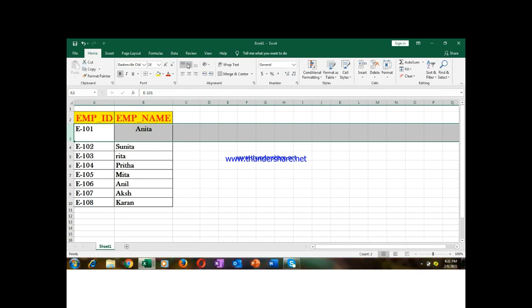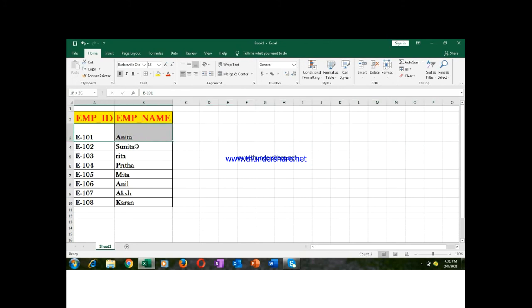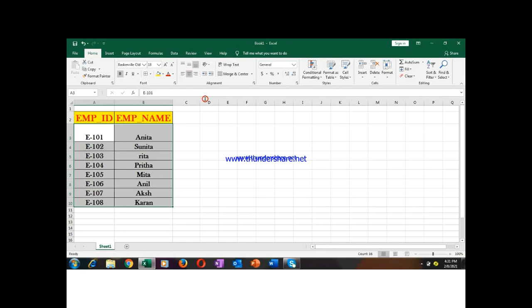See, I have moved it up, then to the middle, then down, and in the same way if I move it to the left, they all are on the left. If I move it to the center, and if I move it to the right side. So this is called the alignments. This is the vertical and this is the horizontal alignments. So we need it in the middle. For that, if you need all to be the same, just select it and now make it center. See, now it happened. So this way we are using the cell formatting.